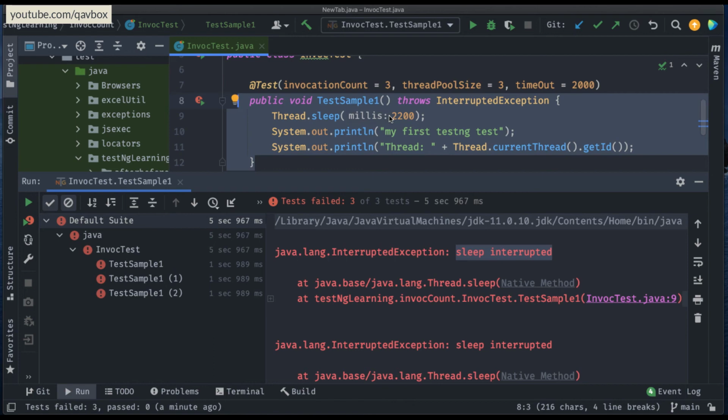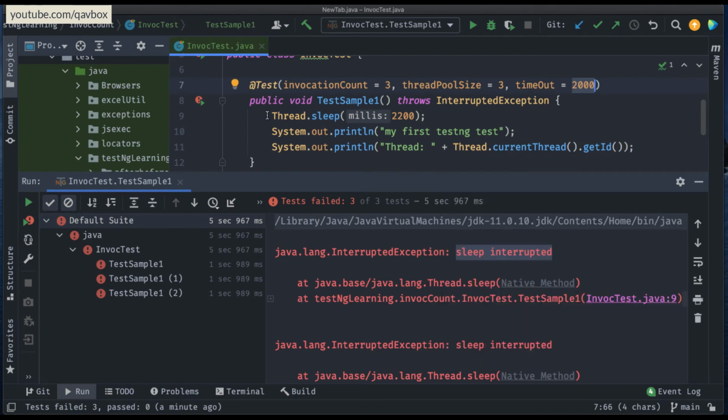Let's say that if you have a time bound, so think about this. Let's say that you are executing some specific test cases where that particular task should finish within 5 seconds. Now in that case, you can give the timeout as 5 seconds. So in that case, what will happen? If it is executing within 5 seconds, it will pass, else it will fail your test case. So that is about this actually. So this timeout is basically depending on each thread that you are executing.